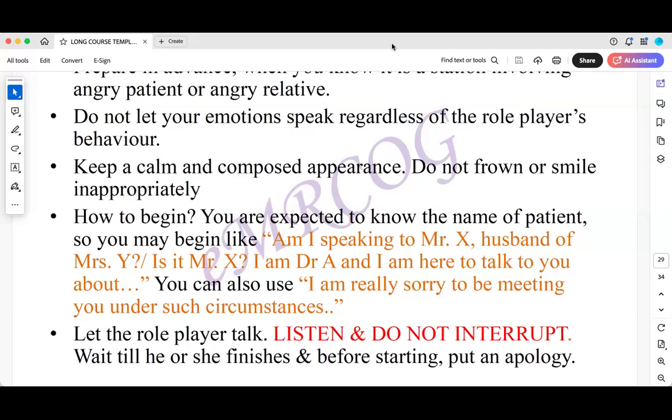Are you a smoker? Do you drink alcohol? And you completely ignored that she lost someone in her family. You didn't even show your condolences for her. Do you think that this is a good doctor? This is good communication? No, this is